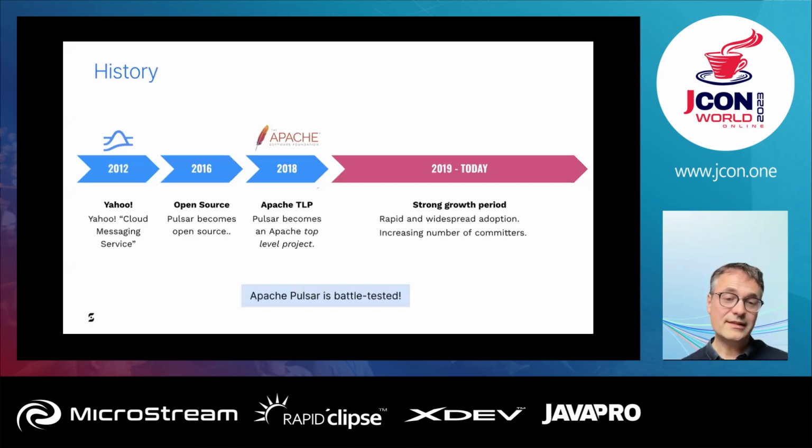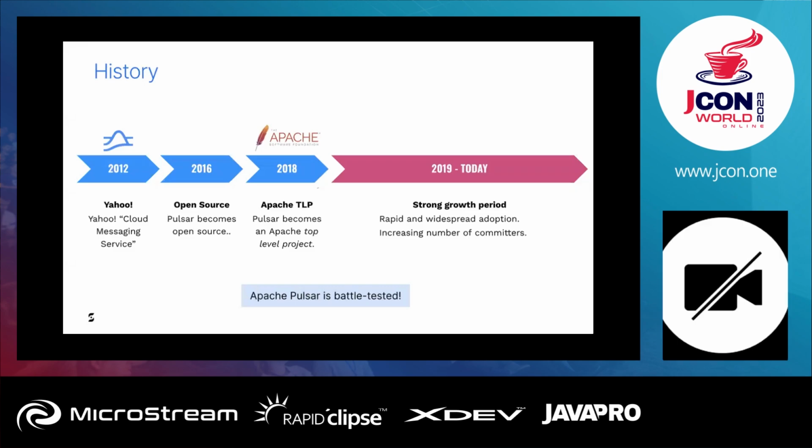But Pulsar has only been open sourced for a few years, I would say 5 or 6 years as an Apache top-level project. So Kafka is well known because Kafka joined the community before Pulsar. That's the main reason, I would say. And my goal as a developer advocate is to make more people aware of Pulsar, because I think it's a great technology.